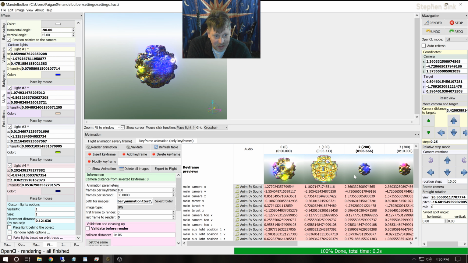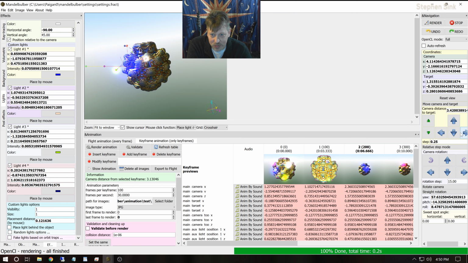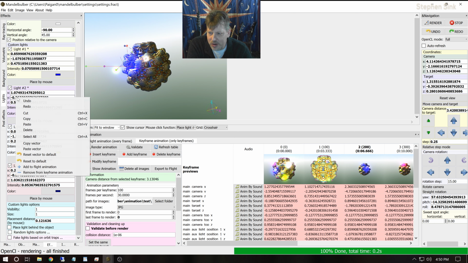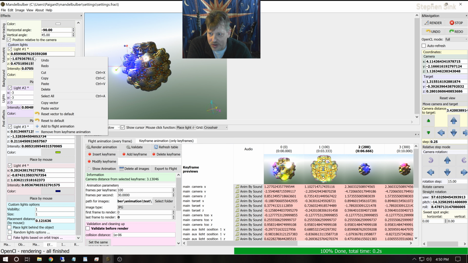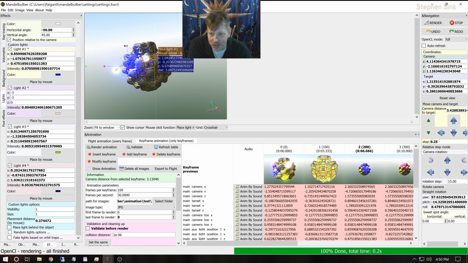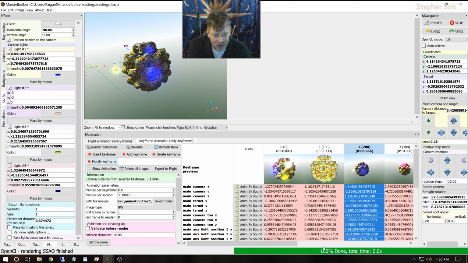Modify. Oh, let me spin that around a bit and do that and do that. And then I want to do reset to default, so the light's going to come out from a ways, and this one I'm going to place here, I'll place that one there, and I'll leave that one there where it was. Modify the keyframe,